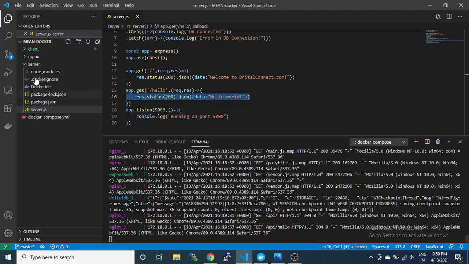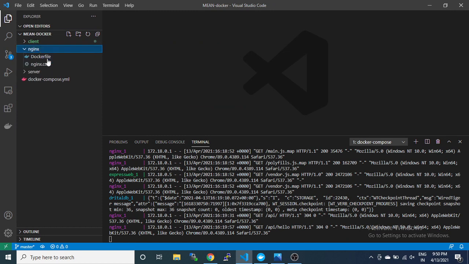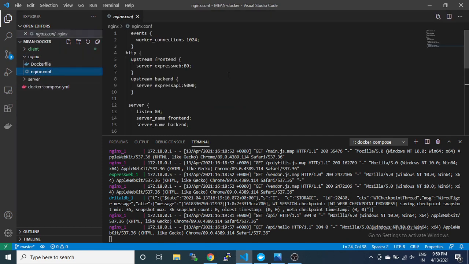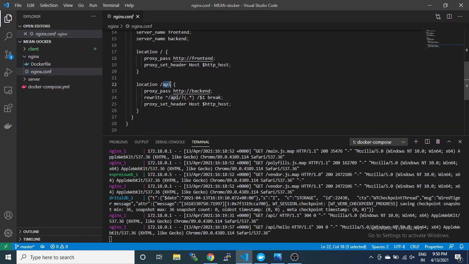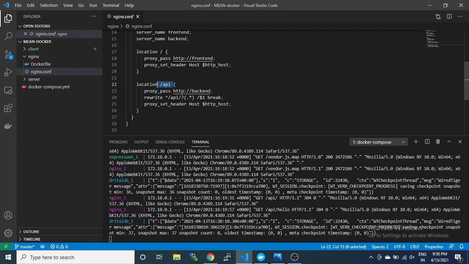So if we write hello, yes, it is working. So the API is the second location we had mentioned in the nginx config file. You can see that we have mentioned slash API. So normal will return the front end client side, and the server side will return using slash API.